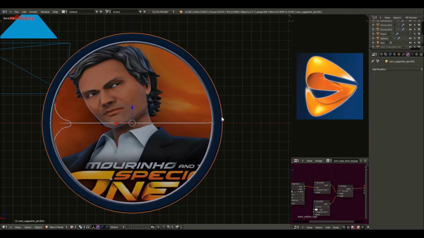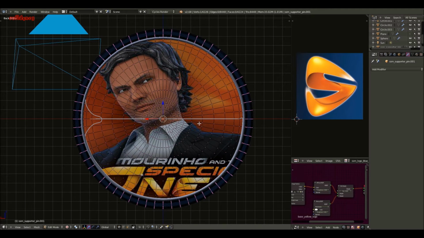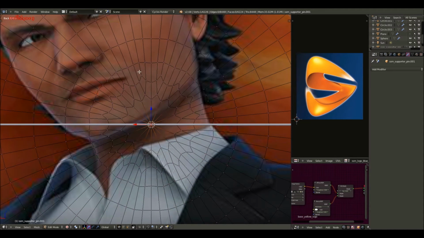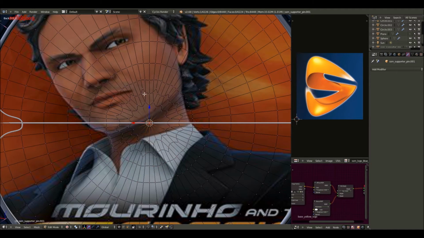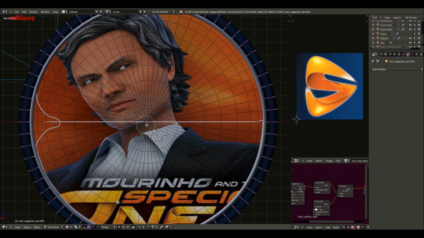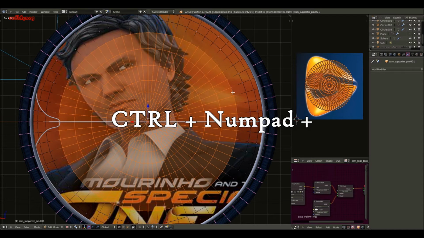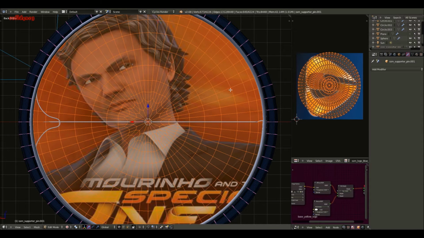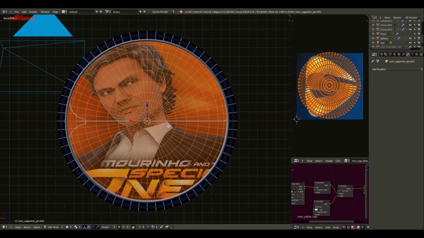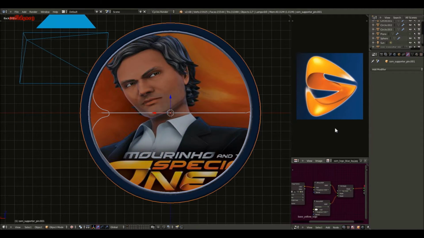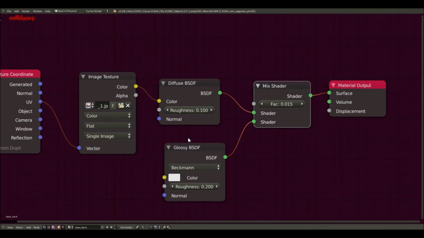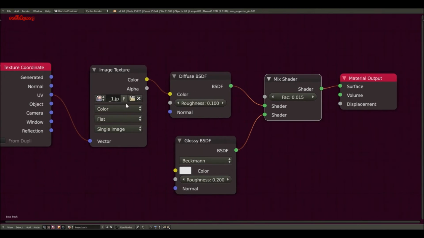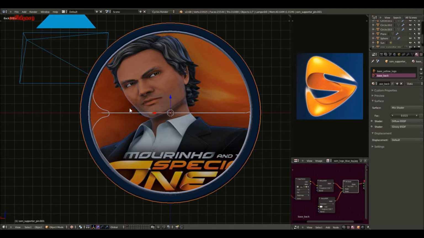do that, and then I went here for the back. Because of this weird selecting region, I was really lazy and I didn't want to delete this part and close it again, even though it's really easy. So what I did was select this entire region, and then just Control plus, plus, plus, and I got this one as well. I projected from view, and then I created another material which is the base back, and then I applied all the textures again. I did the same, just the image is different for the back, and I